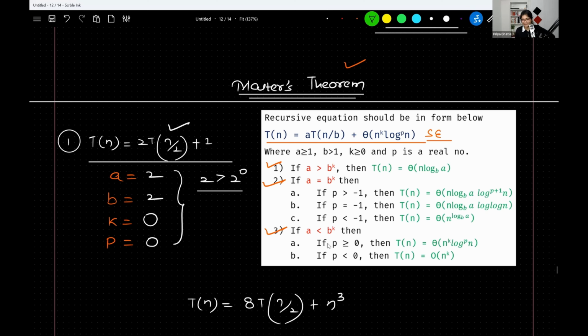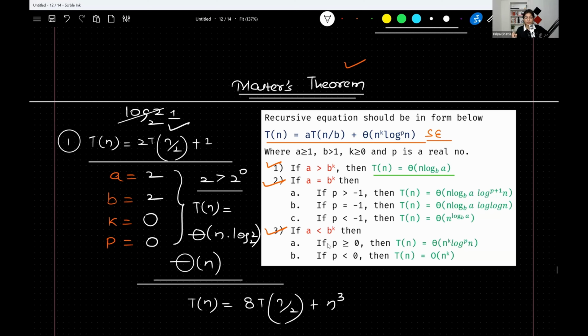So directly we can write the complexity as T(n) equals theta or big O of n to the power log a base b. Log of 2 base 2 is equal to 1 only. So the complexity will come out to be